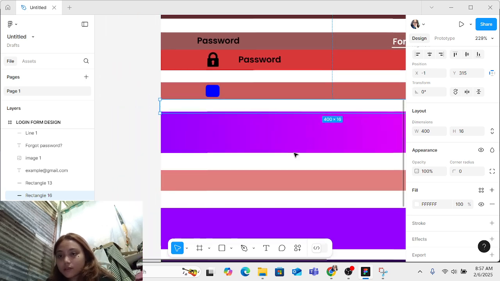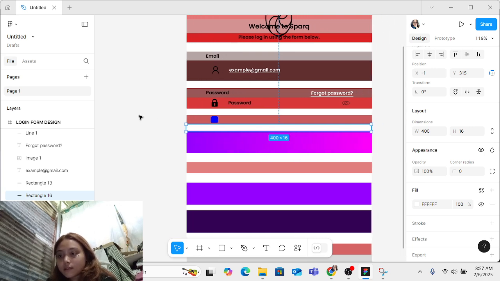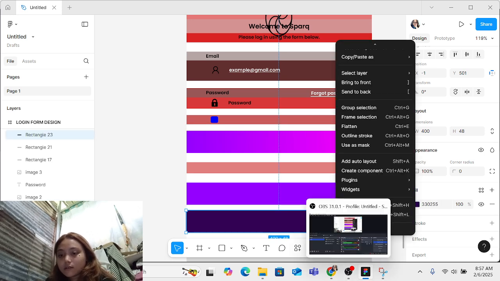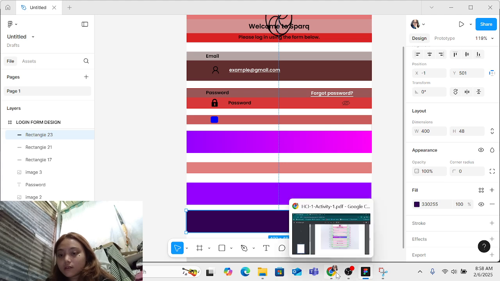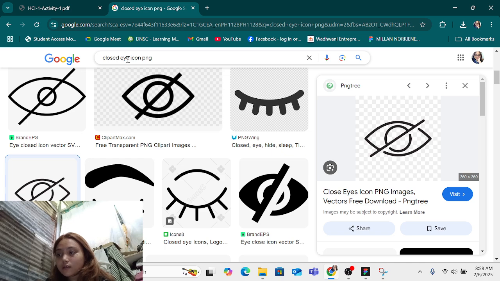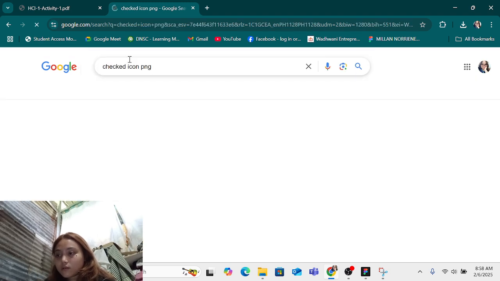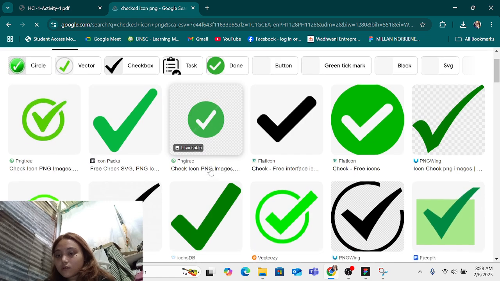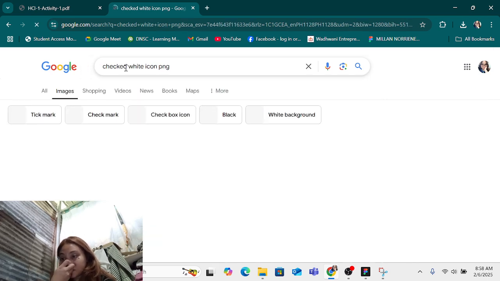My mouse is kinda acting weird, so bear with me. Next thing is let's find the check icon. No, we don't want that. Let's find check white icon.